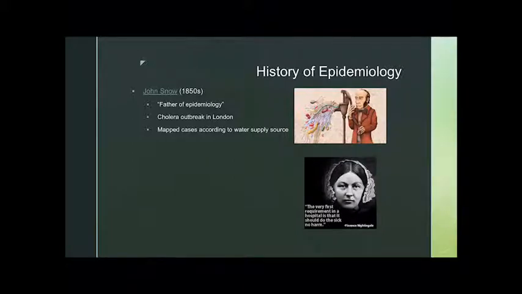He did find that there was a prison right near this water pump that had no cholera cases, so that kind of messed up his theory at first. But then as he investigated further, he found out that this prison actually had their own well for their water supply, and so they weren't using that pump. Another unusual case that came up was that there was a woman and her niece who lived quite far from this pump but developed cholera. And after interviewing multiple family and friends of this woman and her niece who ended up dying from cholera, he was able to find that this woman used to live near the pump, and she loved that specific Broad Street pump water so much that even when she moved away, she would have people bring her bottles of water from that pump.